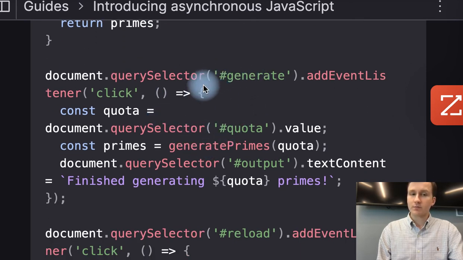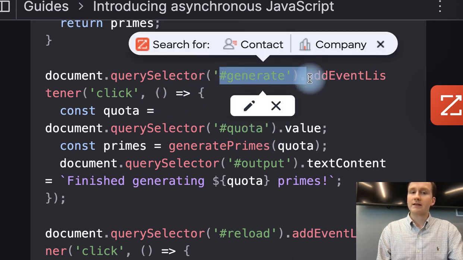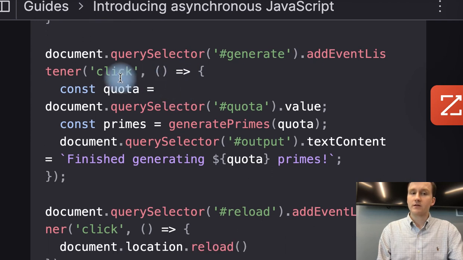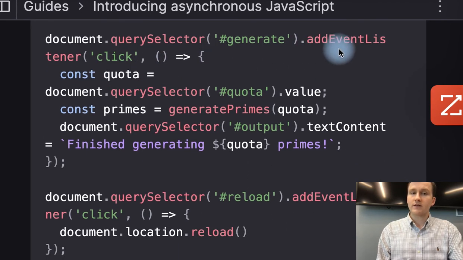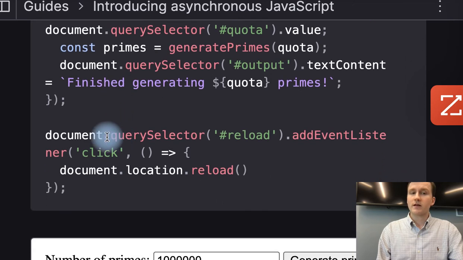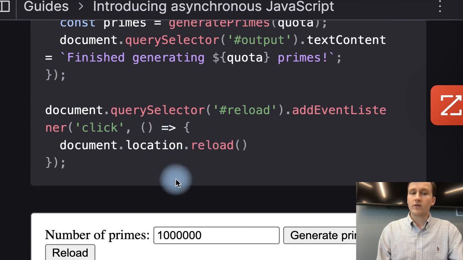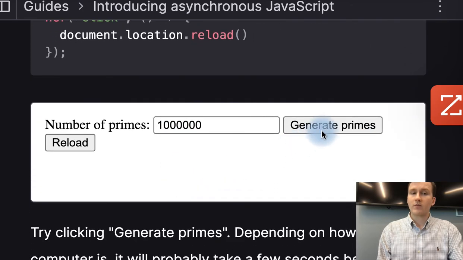Here we can see that we're doing some processing on the HTML side. So we have the query selector, which selects the element by the ID generate and adds an event listener click, right? This event listener will then process the quota that's returned from there. We'll generate the primes and then return those as primes. And then once this is called here, it'll reload the page. So we can generate the number of primes here,